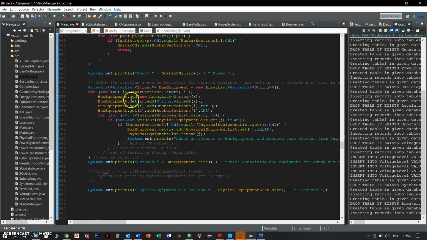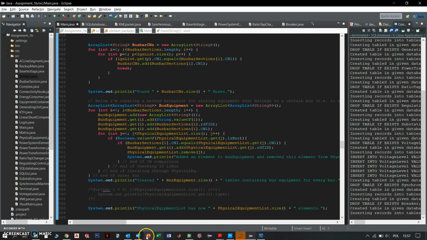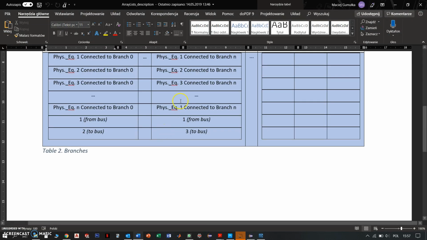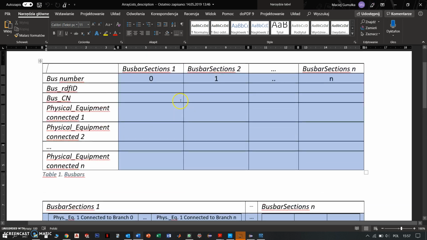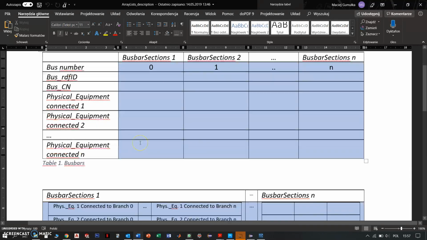And then we create two important arrays. One of them is bus equipment. Second one is branch equipment, and we have described them in this Word document. So for the bus array list, we have bus sections, and we store the bus number, RDF ID, connectivity node, and a lot of equipment that is connected to this bus. So from 1 till n. And then in the